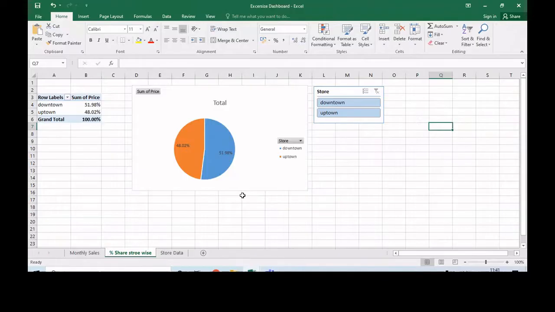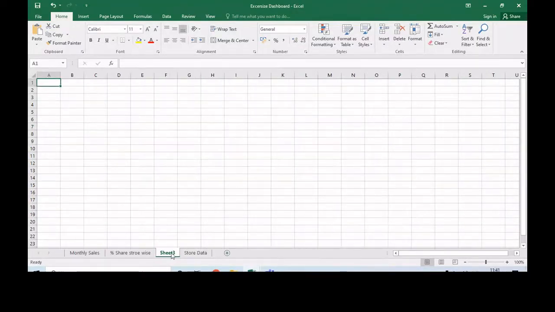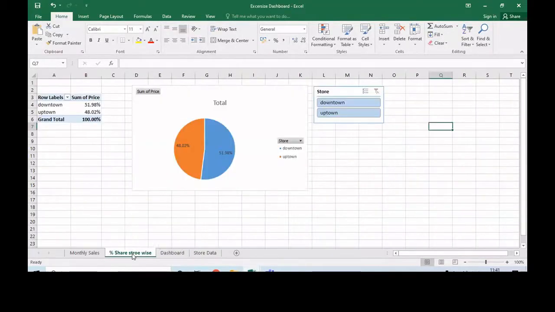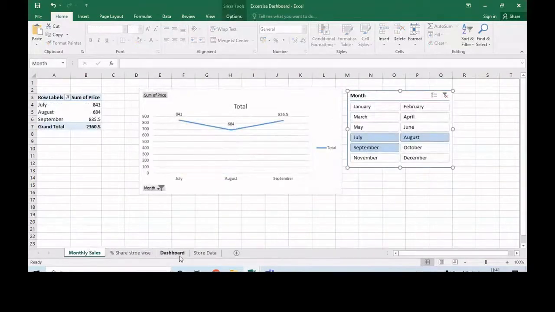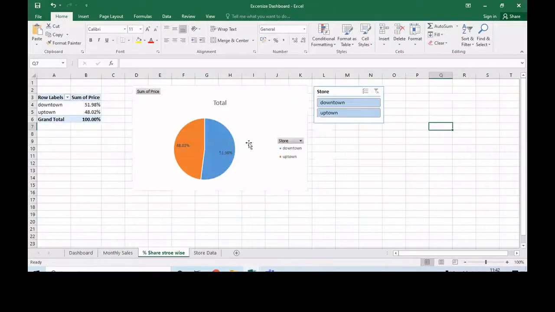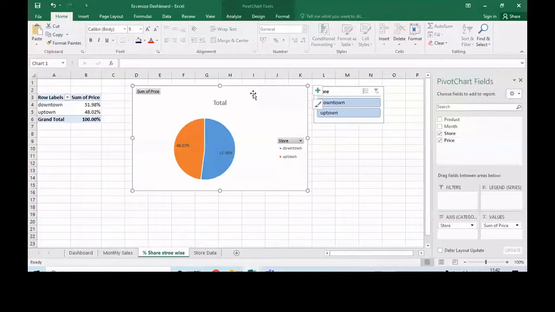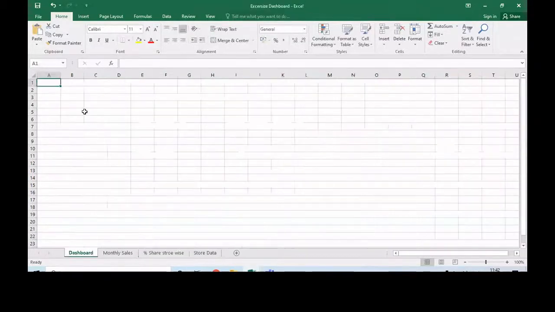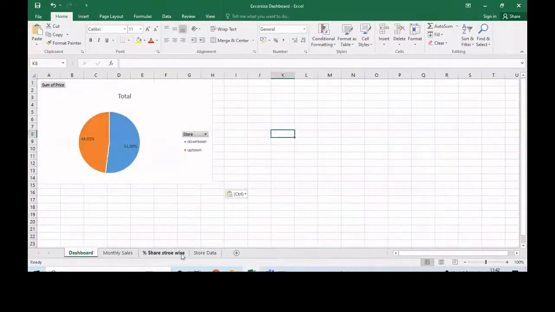Now I want to create the dashboard. So I will insert one sheet and label it dashboard. Now my next task is to copy. First let me copy this pie chart, select the pie chart, simple copy paste it here.